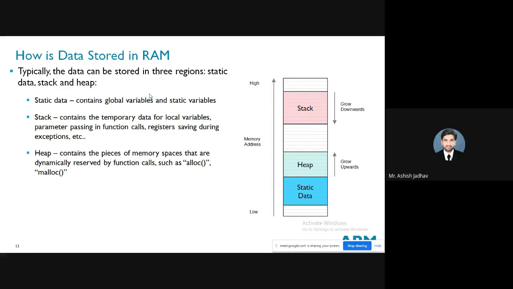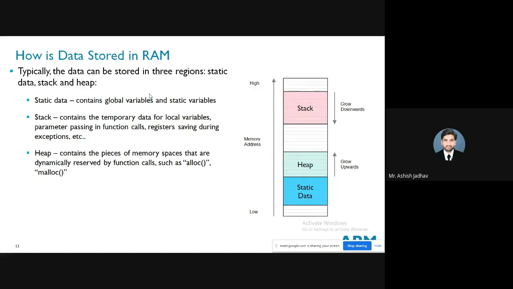Right. So static data contains all the global variables and static variables. Then we have stack. This region contains all the temporary data for local variables, let's say parameters passing in a function call. It will also have the registers saved during exceptions. Means you are saving the register contents when the exception occurs.